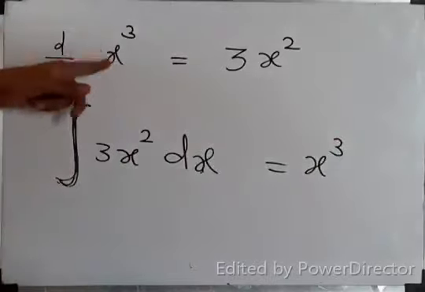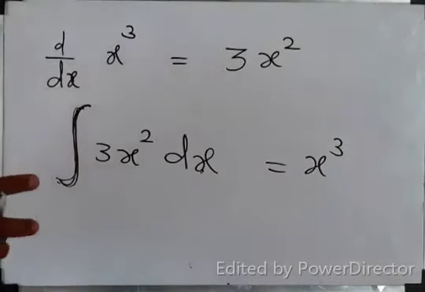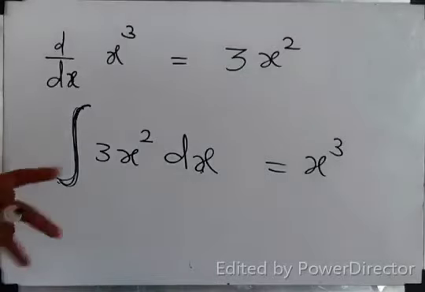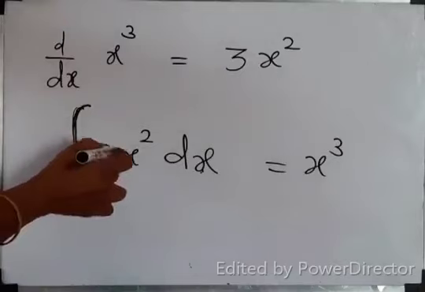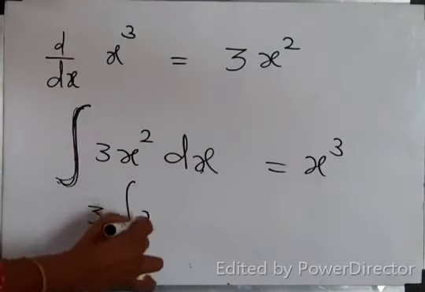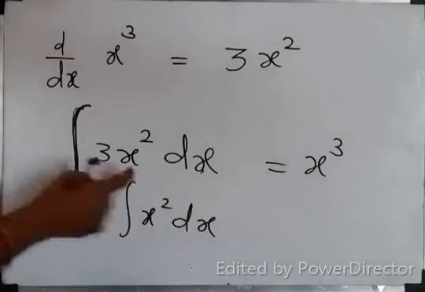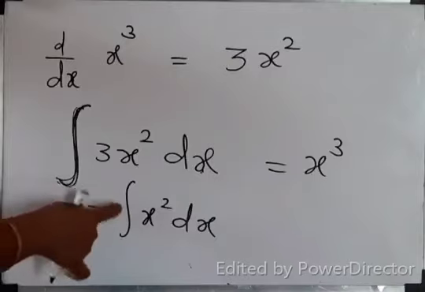That's all. So, ma'am, every time we have to do differentiation, then find the integration? No. Integration has its unique formula. Okay? Now, how do you get this x cube? Listen, class. 3 is a constant attached as a product, so take 3 outside, integral x square dx. Am I right? 3 is constant, product form attached, so keep it out.